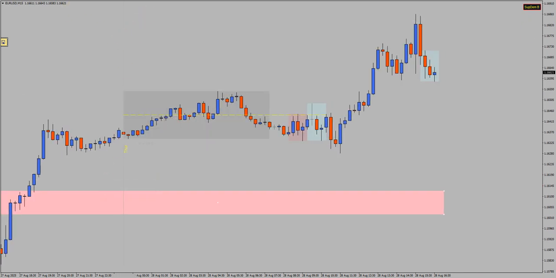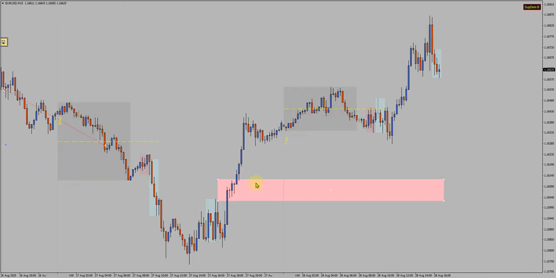All right, so that's the imbalance down here, but remember, this is the origin of that leg, so I'm going to potentially look for an area of demand here, some type of high volume area at this origin, some type of demand zone and imbalance. Can't really see anything on the 15-minute, any clarity, so I'm going to drop down to the 5-minute,